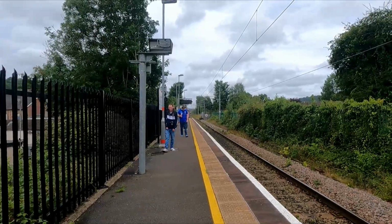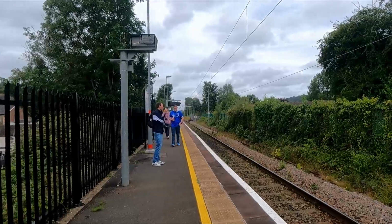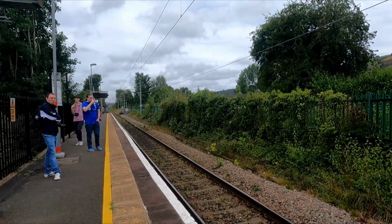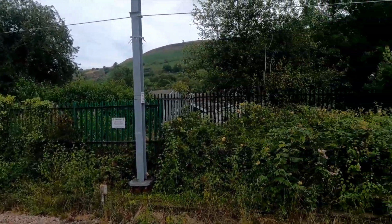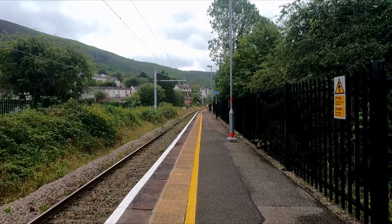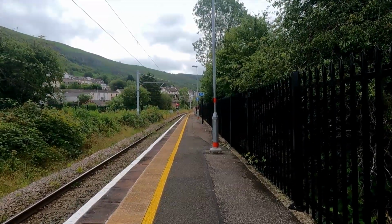So as for the station itself, this station is serving the village of Troy-de-Roo in Merthyr Tydfil. So it is a little village that's in sort of the Merthyr county, if you like. The station was opened by the Taff Vale Railway in 1841, though it did not appear in the timetables until 1844. It was named,